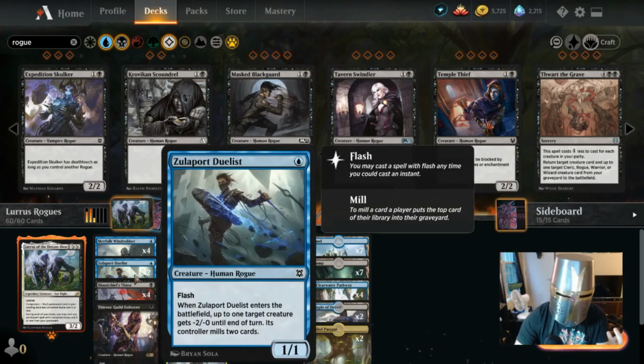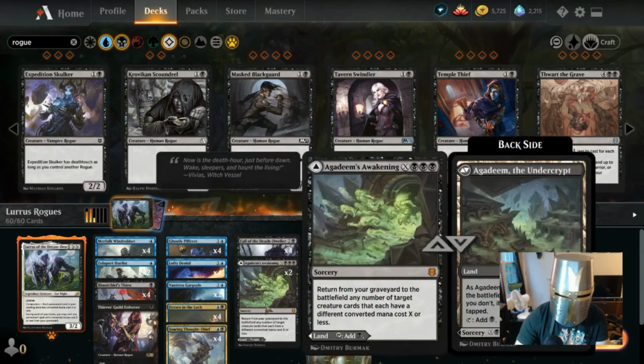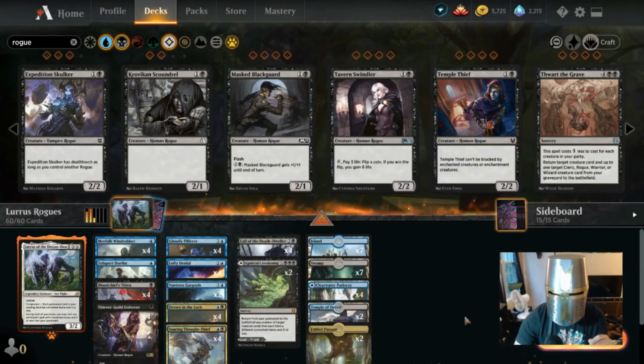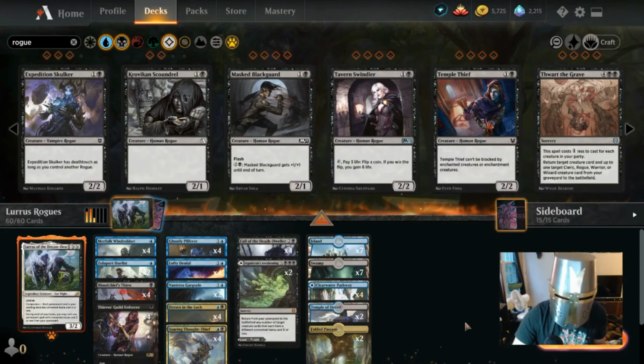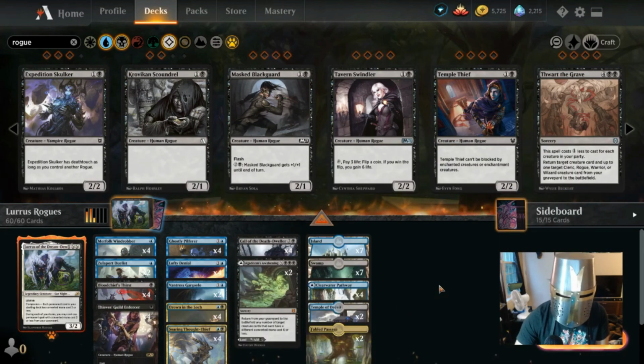Maybe more removal, just maybe get rid of Zulaport Duelist and throw in some Eliminates or something like that, and just make it all about tempo and getting a few of your creatures down rather than spilling out an entire board of a bunch of rogues. You just do a couple rogues and then you try to control the game from there. But no matter how you play it, I tweaked this as I was playing, and you know, it does win